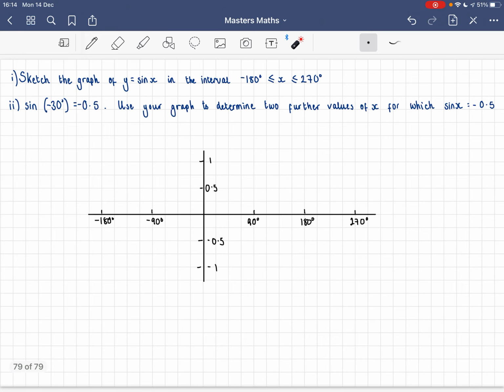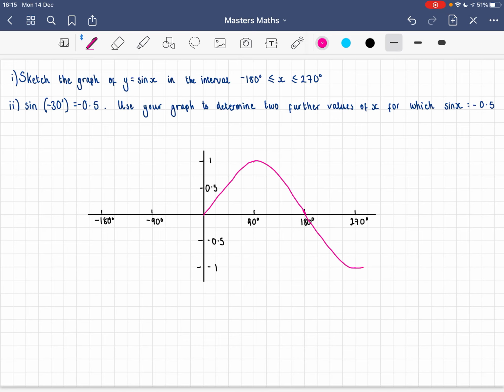Yeah, so that's that. Next question is sketch the graph of y equals sin x in the interval between -180 and 270. So do that first and then we'll come back to this part 2. So sine graph starts at 0 and goes up in my S shape. So we're going up to 90. My axis is a bit bigger this time, so my graph's going to look a bit stretched out, but that's fine. Down to 180, and then it is going to get